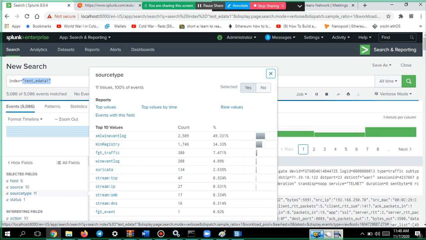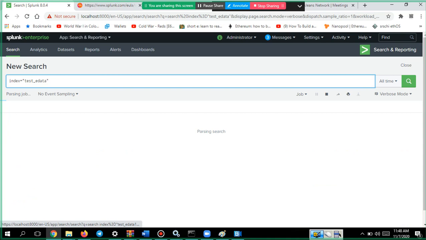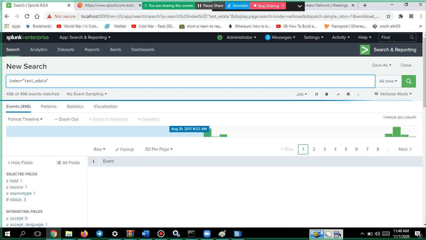Let me show you one more bucket where I have collected some other logs, for some other department. This is one department, this is one more department. Test data 1 was one department, test data 2 is another department. Test data 2 will have multiple firewalls and multiple IPS. Departments will have different networks, right? So there they will be using different things.